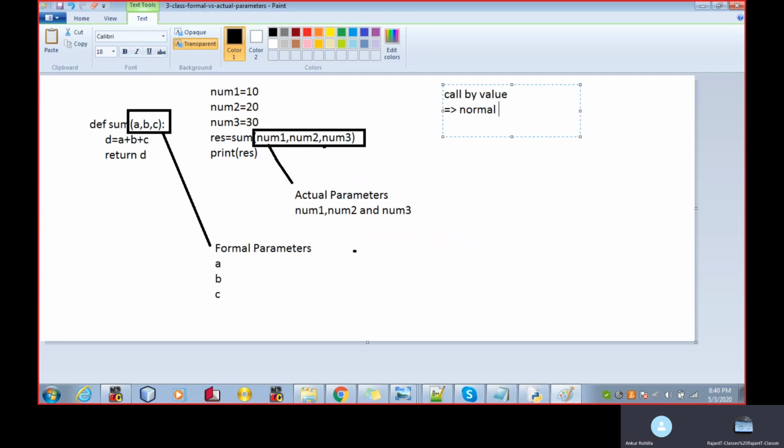The normal variables use the call by value concept.